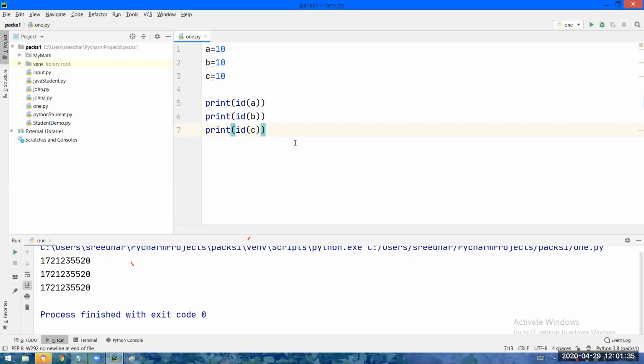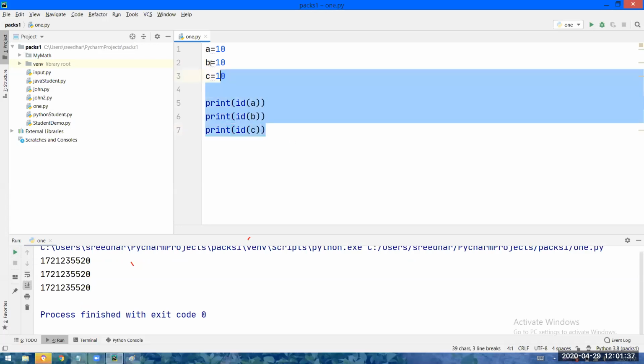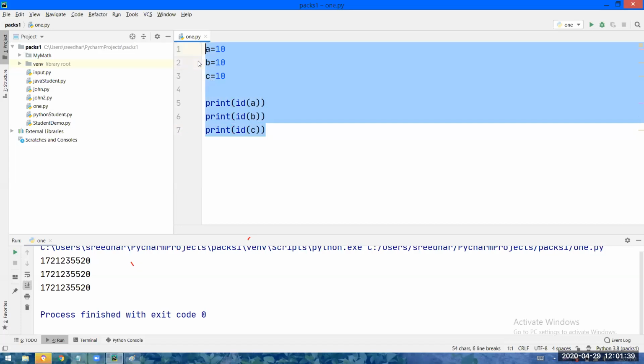Okay. Fine. I will tell one point. You tell me whether that is correct or not. If the values are same, addresses will also be same. If the values are different, then the addresses will be different. Yes or no? Yes. Values are same, the same cell is occupied, na? Then the address will also be same. Values are different, addresses will also be different.